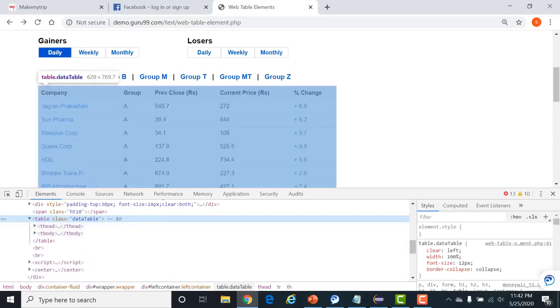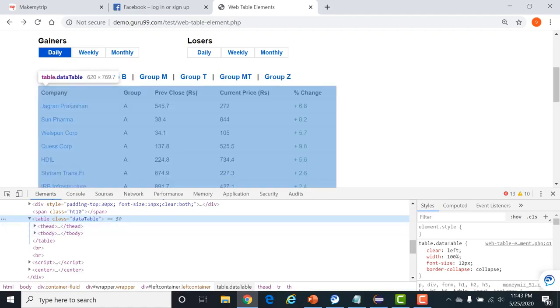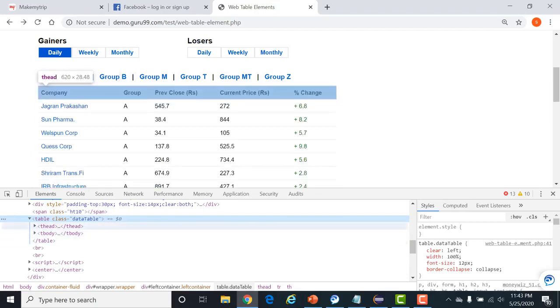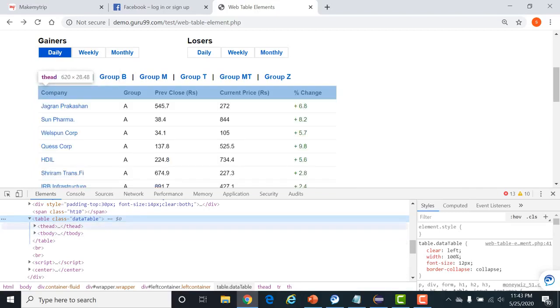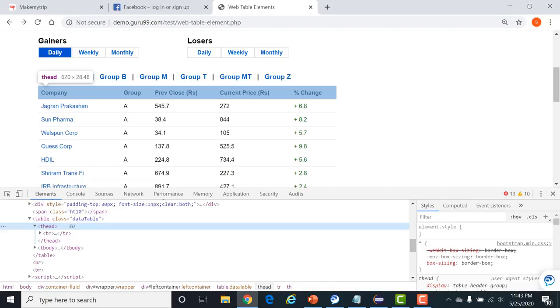there are two sub-elements of this table, right? The sub-elements are thead and tbody, or you can say sub-nodes. This is my root node, and these are the child nodes. So how parent and child hierarchy works: this will become the parent because this is on top, and inside that there are two more elements, thead and tbody. This means thead and tbody are the child elements of this parent element, which is table. Fine. If I again expand this thead, now table is representing the entire table. What is this thead representing? It is representing this header only, right?